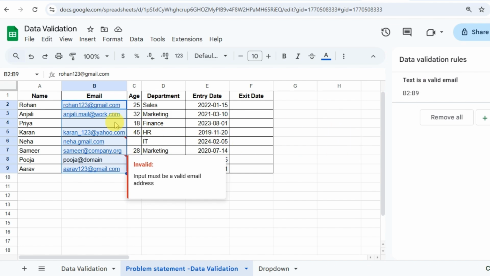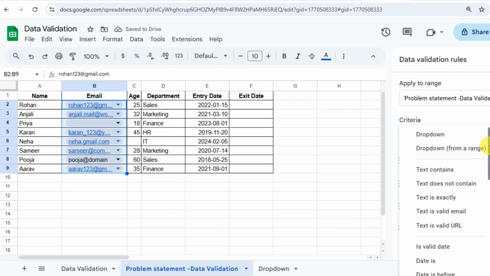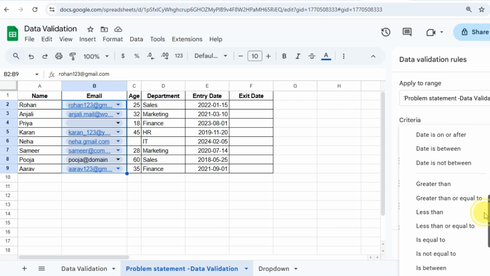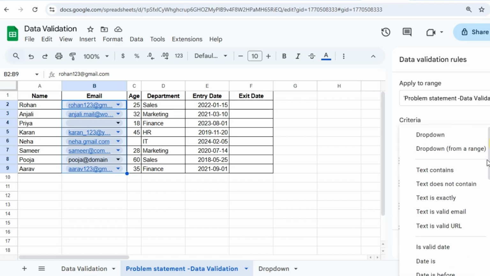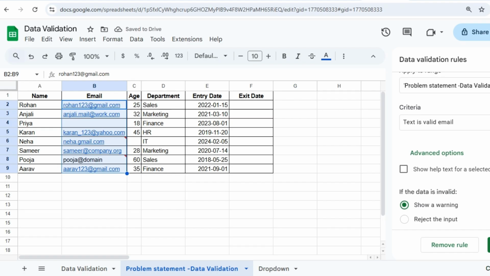The second case is if I have to restrict the user altogether from entering the wrong value. So how can we do that? Again add rule, then drop down. Here we have to choose the option text is valid email. Then instead of showing a warning, reject the input and show help text for the selected cell: enter a valid email.